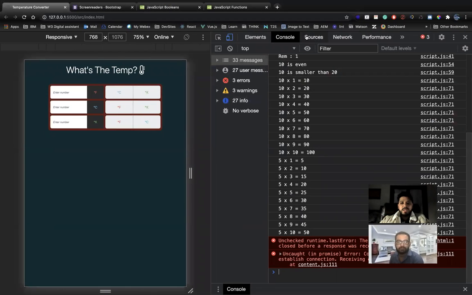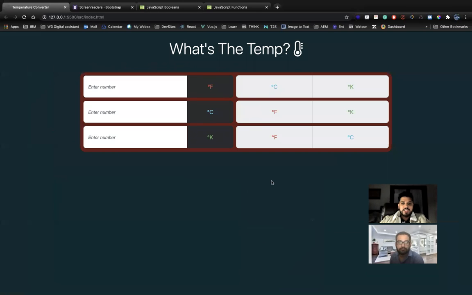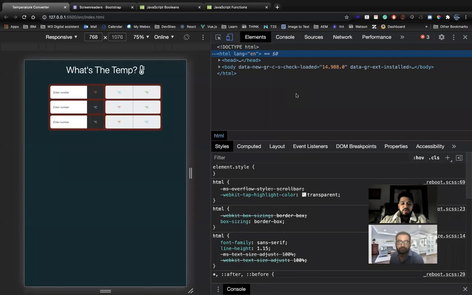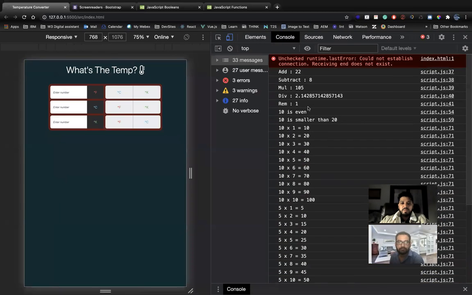আপনি যদি কনসোলে যান, যদি আগে না দেখে থাকেন, রাইট ক্লিক করে ইন্সপেক্ট দিলে আপনি কনসোল লগে যেতে পারবেন। কনসোল লগে গেলেই আমরা যেগুলো প্রিন্ট করছি এগুলো দেখবেন। আমরা প্রথমে এগুলো প্রিন্ট করছিলাম। 15 আর 7 অ্যাড করলাম, সাবট্রাক্ট করলাম, মাল্টিপ্লিকেশন করলাম, আর ডিভিশনও করলাম।